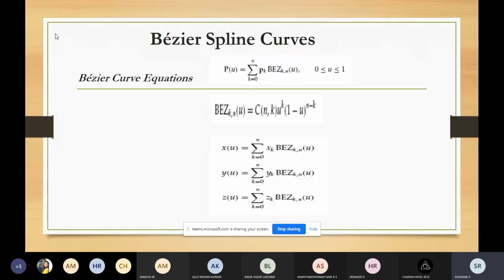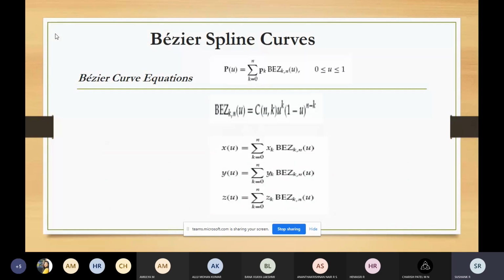And also, it is very convenient to use these Bezier curve equations. The equation can be used for any number of control points. But some graphic packages limit the number of control points to 4. So these are some of the reasons why we use the Bezier equations to draw curves and surfaces: they're very easy to implement and highly useful.